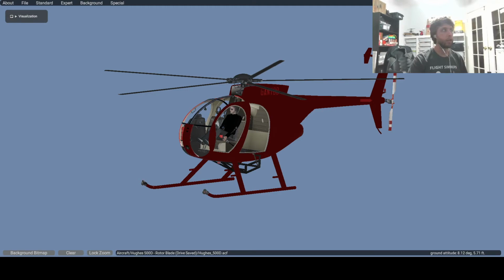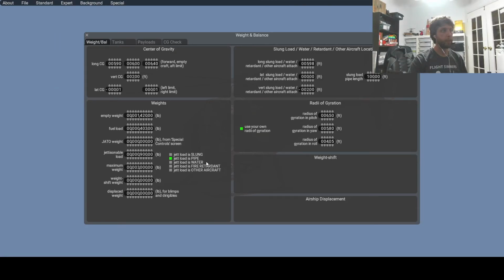So what you'll see here is PlaneMaker, and if you go to the weight and balance page, in the past you were able to have a jettison load as a sling load, as water, a fire retardant, or other aircraft. What Austin's now added is a jettison load as a pipe. What that means is below the aircraft, or below the helicopter, that distance, the 100-foot pipe section,